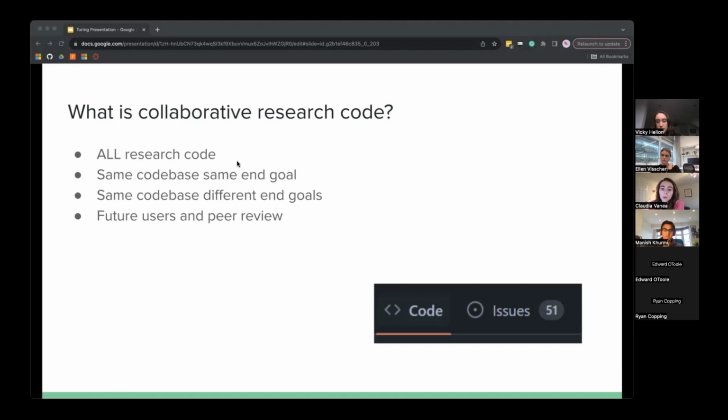Additionally, we're seeing code being run as part of the peer review process now. So it's important for that code to be as accessible as possible. More and more journals are making their peer review files open source, and it can be quite interesting to look through them. I noticed this lovely snippet from a Nature Methods reviewer. "Despite this, installation fails," which is very poetic, but also must have been terrifying to receive in your peer review